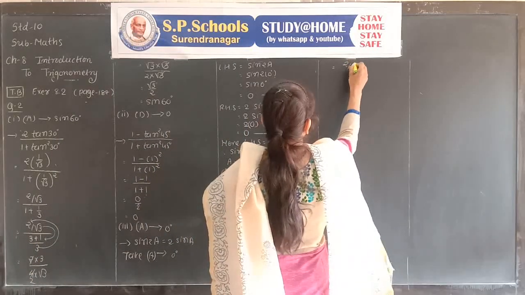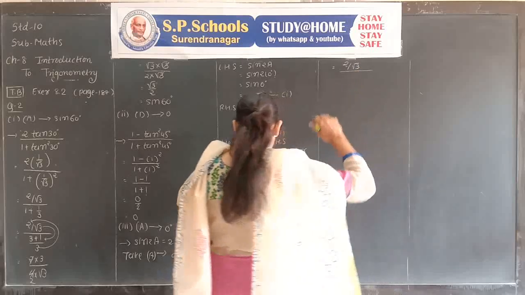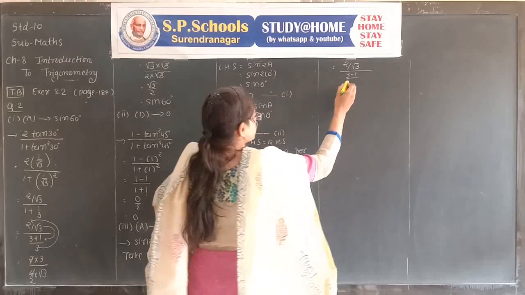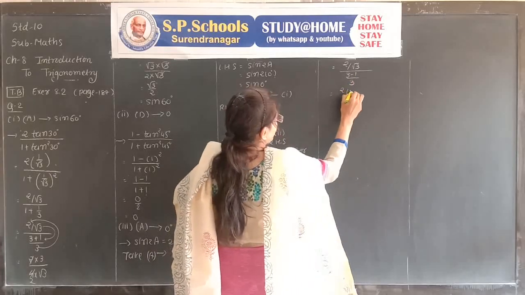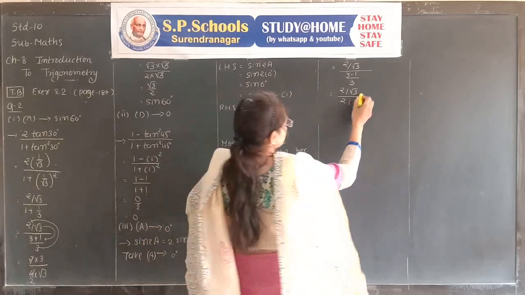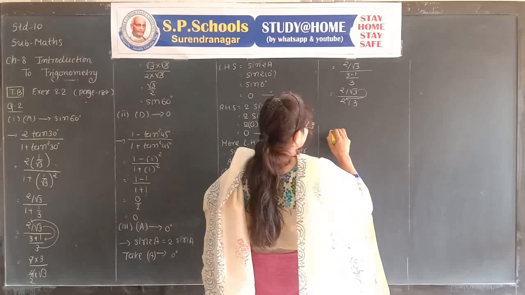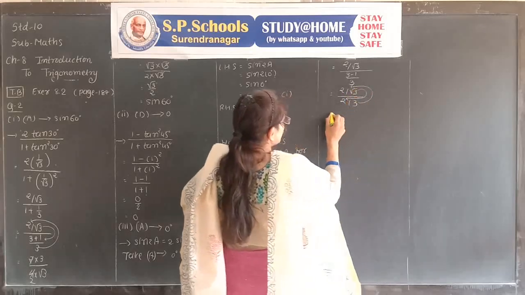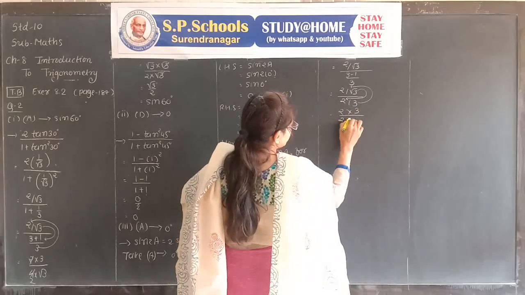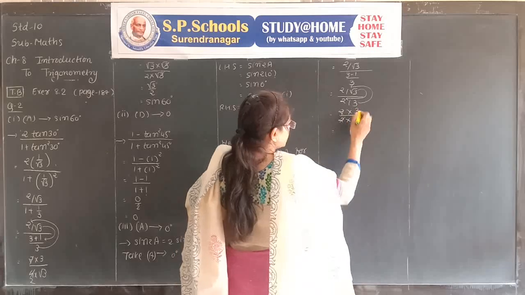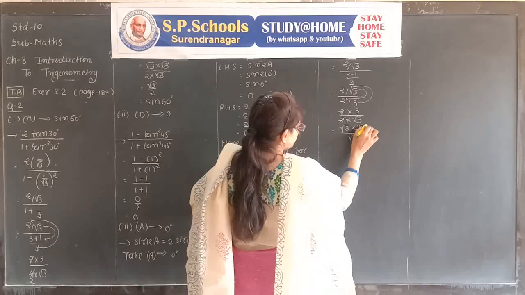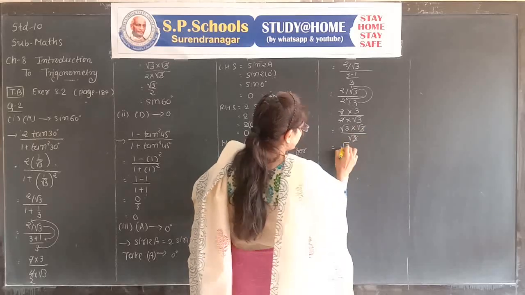It is equal to 2 upon root 3, upon (3 minus 1) upon 3, that is, 2 upon root 3 upon 2 upon 3. Now see what happened here. Root 3 comes to the denominator's numerator and 3 goes to the numerator's numerator. 2 into 3 upon 2 into root 3. 2 cancels, split 3 as root 3 into root 3, upon root 3, root 3 both cancel, and we get only root 3.